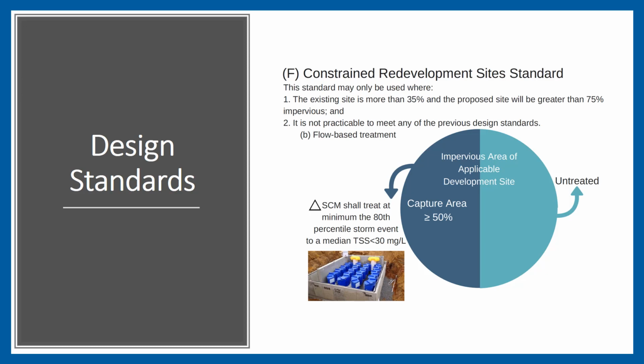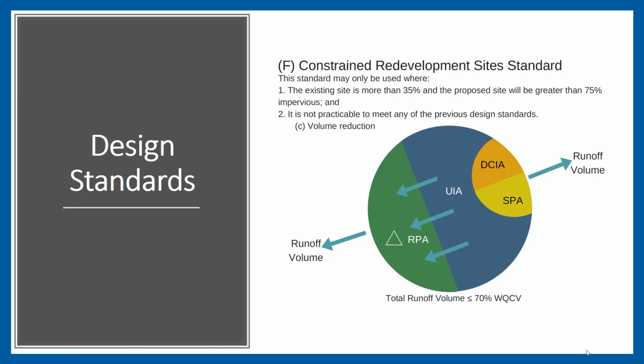And you need to do that and ensure that you're capturing at least 50% of the impervious area of the applicable development site, and the rest can be untreated. And then there's a constrained redevelopment site standard under the runoff reduction theme, and the same requirements in order to use this design standard. And what this says is that your unconnected impervious area needs to drain onto receiving pervious area in a way that it infiltrates at least 30% of the WQCV that would come off of impervious areas